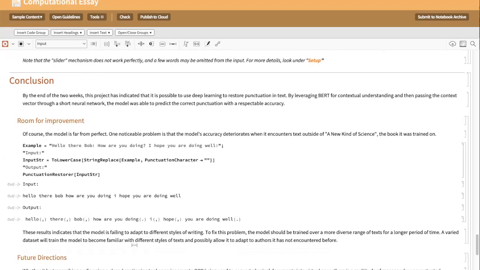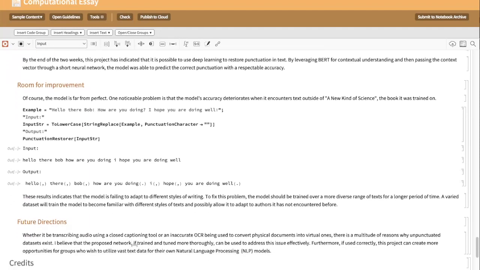So yes, go ahead. I guess you mentioned that you wanted to train it on a different type of training data other than just Stephen Wolfram's book. But beyond that, is there any application of this that you see being used somewhere, or what do you want to do with it now that you've finished this stage of the project?